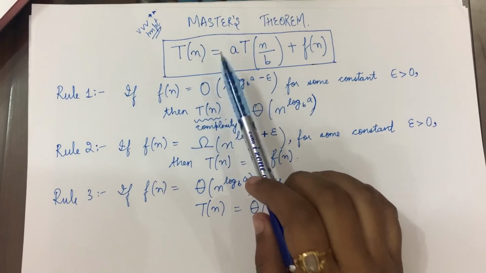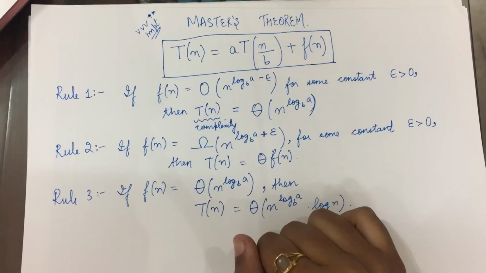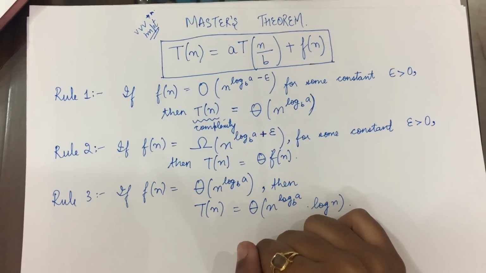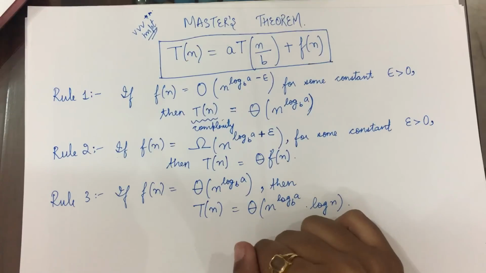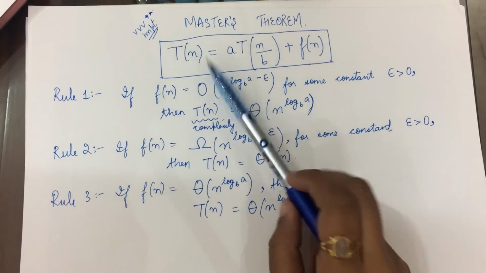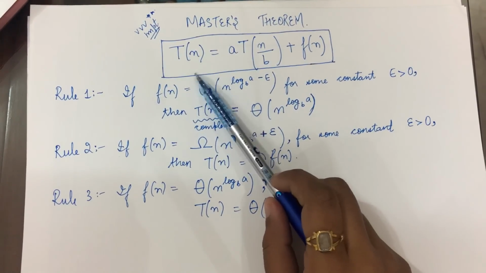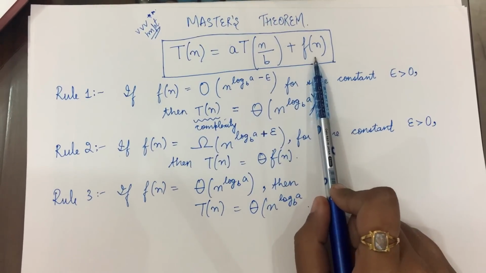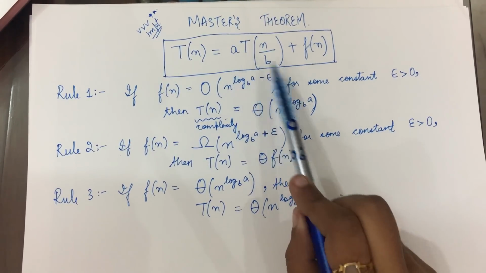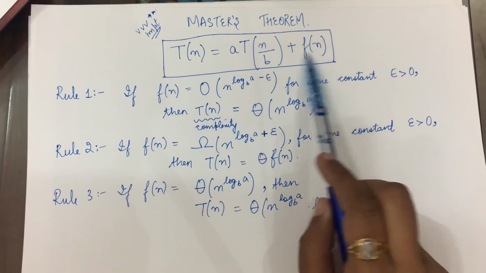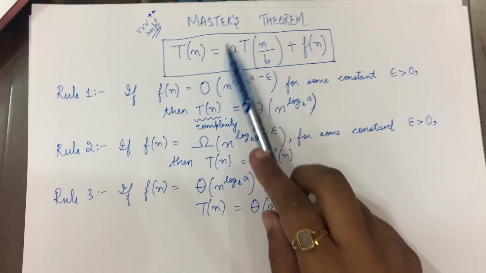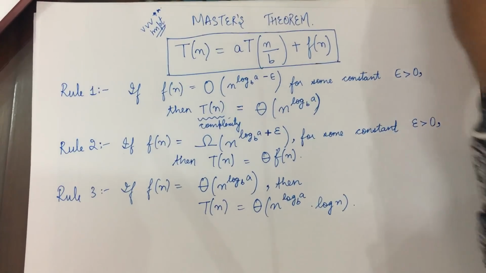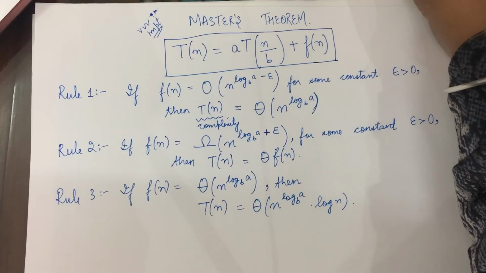Right now, we'll further do certain algorithms like the divide and conquer algorithm and the greedy algorithm. So in those you will come to know the actual application of this thing, okay, when we'll find out the complexity of the algorithms using this equation. Then you will actually know the real significance of this a and this b and the n and this function and all these things. So right now you just have to cram the equation, and there are 3 rules that we use to find the complexity.